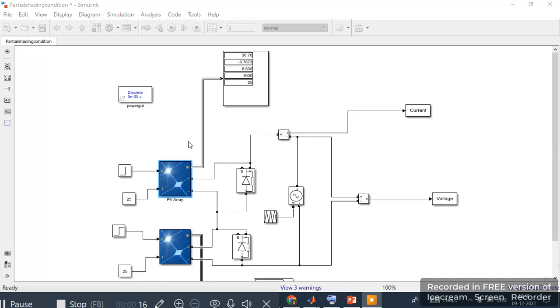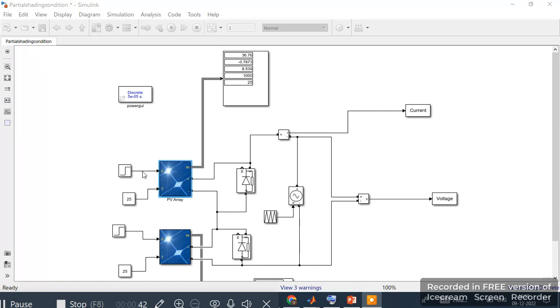So partial shading is a condition where different irradiations are provided to a PV array, and we are going to see the PV curve and IV curve of the partial shading condition. So for this I have taken two PV arrays,